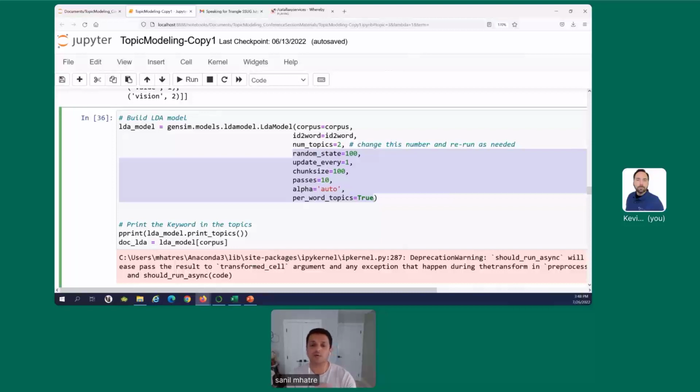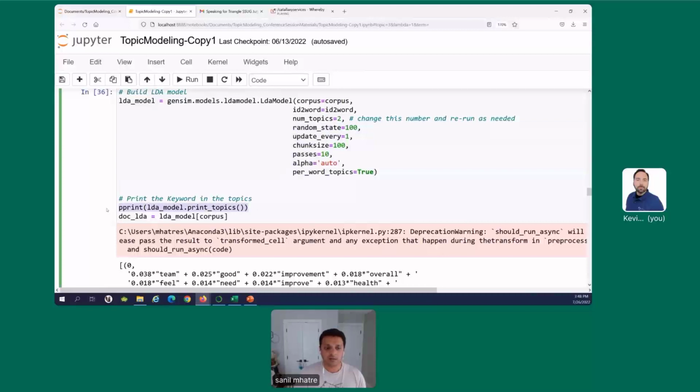You don't need to provide these if you just leave them empty. If you end your code after num topics equal to 2, the defaults will take effect. I'm just explicitly calling that out to show what the default values typically look like.